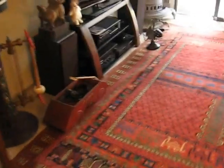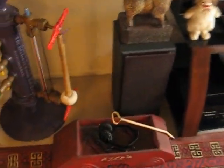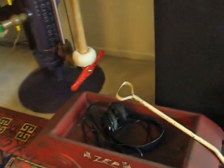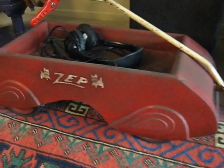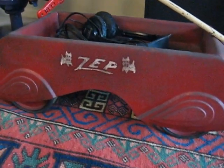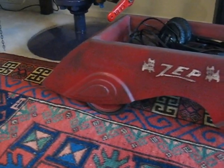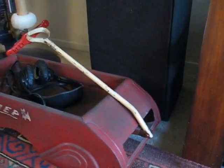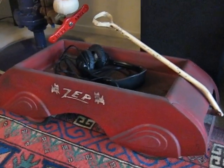Oh, and here's my little wagon. This little dude is badass. These are the only two I've ever seen on eBay. And this is a little Zepp with little dogs, original paint. Look at those cool wheels, Airflow. And I have two. The other one I put in the locker because another one came up and it was